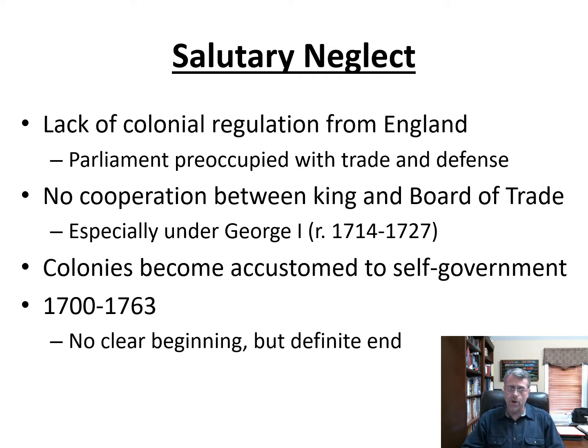This will actually get worse in the early 1700s with the rule of King George I. What ends up happening is that William and Mary had one daughter who succeeded them and became queen. Queen Anne, their daughter, had no children of her own. So when she dies, there's no one immediately ready to assume the throne of England.